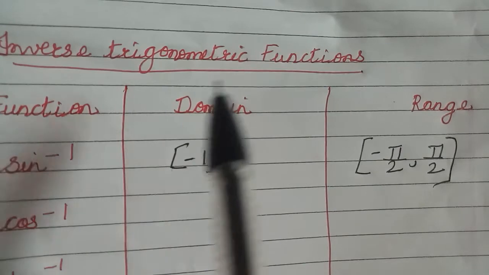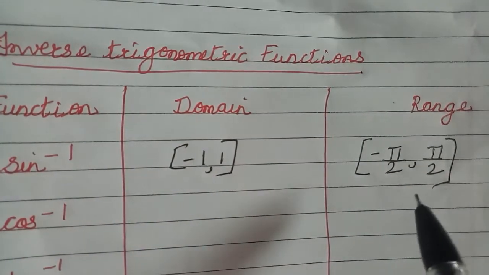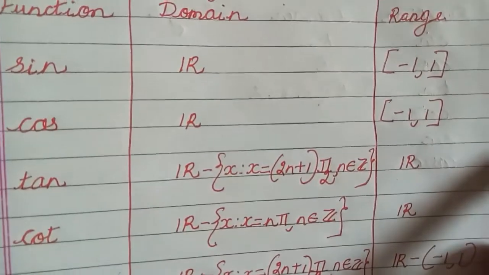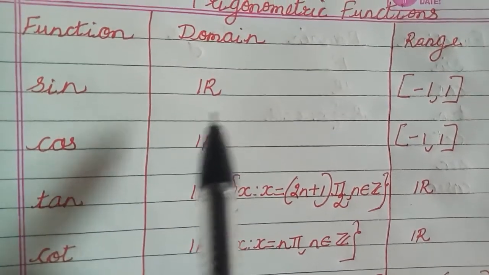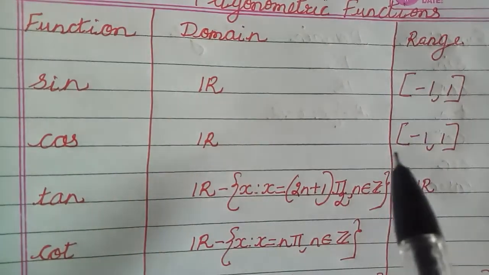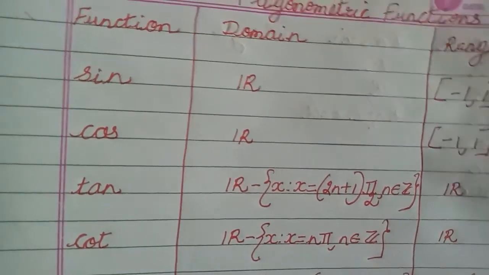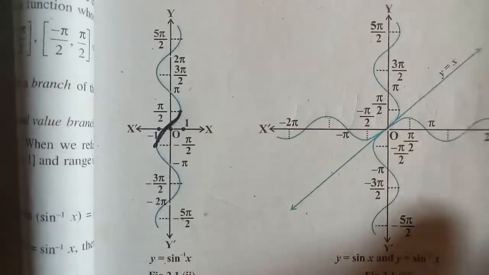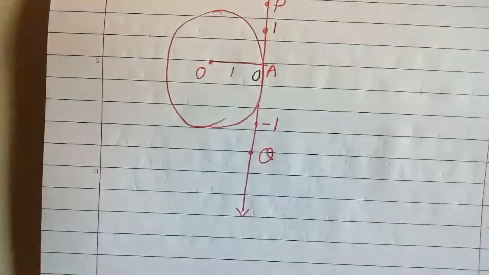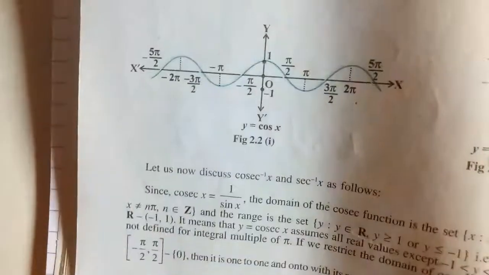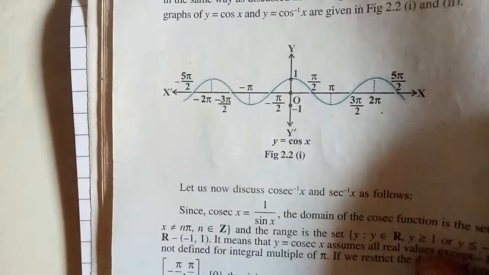So your final answer of your range will be somewhere between this. Okay, now moving to your cos function, right? Last year you have seen, children, cos function's domain is real numbers, range is closed interval minus 1 to 1. So let us check, again I am using your textbook. I think this is a better pictorial representation than me. If I draw, it will become a mess, right?